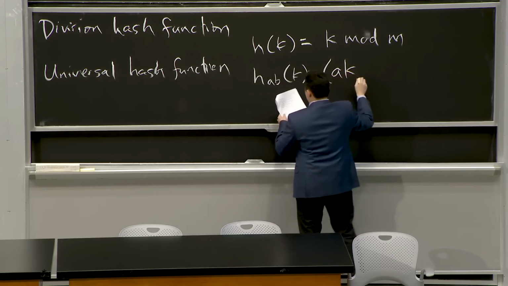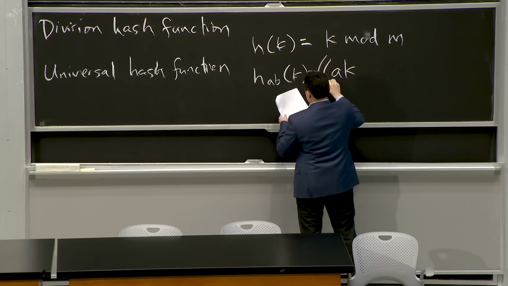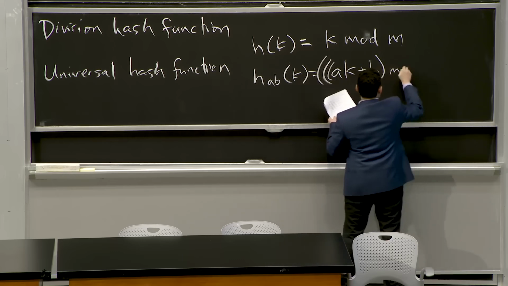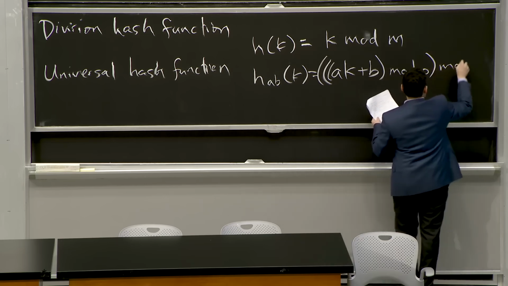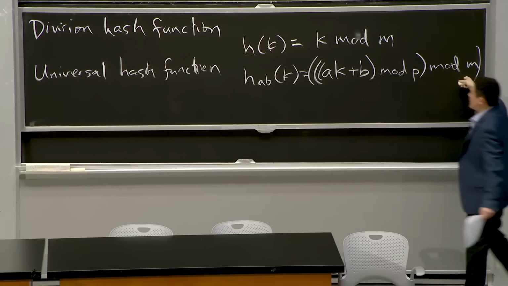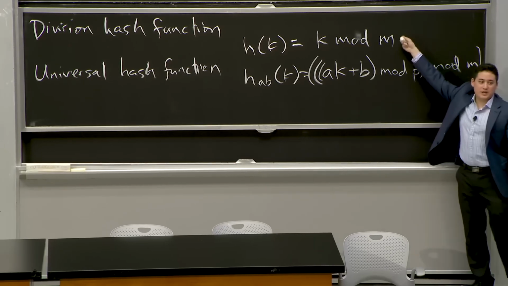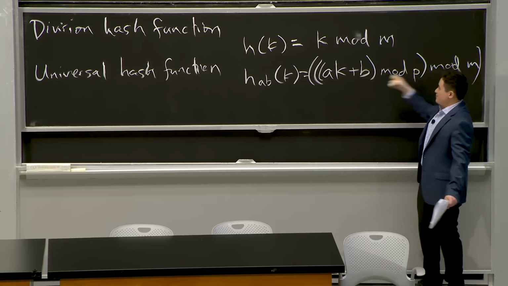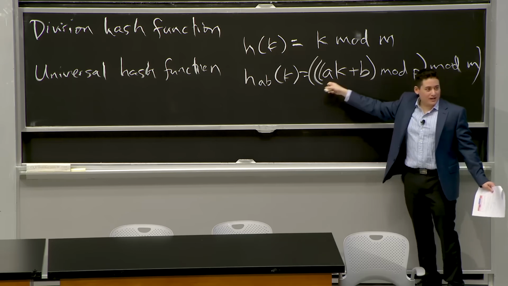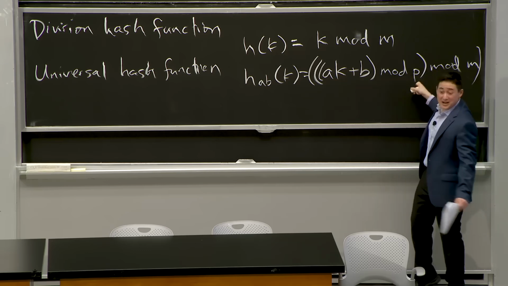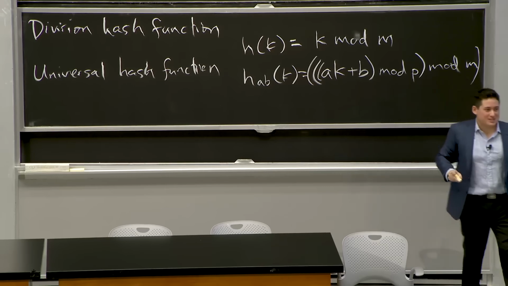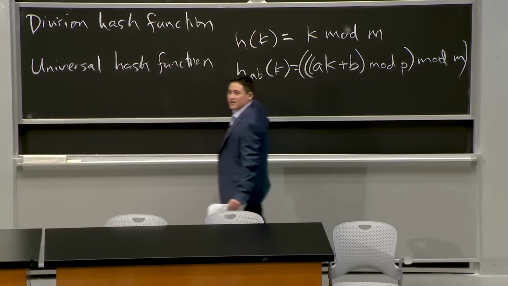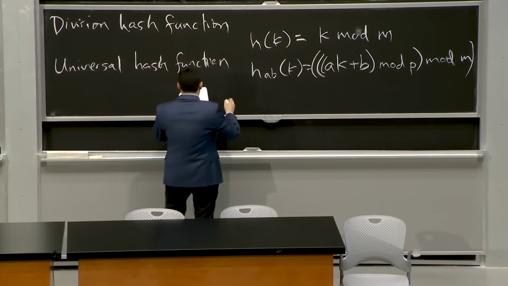Doesn't look actually all that different. Goodness gracious, how many parentheses are there? Mod P, mod M. Okay, so it's kind of doing the same thing as what's happening up here, right? But before modding by M, I'm multiplying it by a number, I'm adding a number, I'm taking it mod another number, and then I'm modding by M. Okay, this is a little weird. And not only that, this is still a fixed hash function. I don't want that. I want to generalize this to be a family of hash functions,